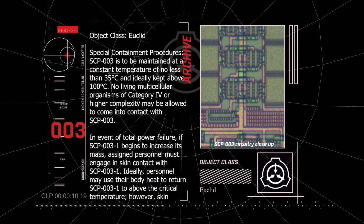SCP-003 is to be maintained at a constant temperature of no less than 35 degrees centigrade, and ideally kept above 100 degrees centigrade. No living multicellular organisms of Category IV or higher complexity may be allowed to come into contact